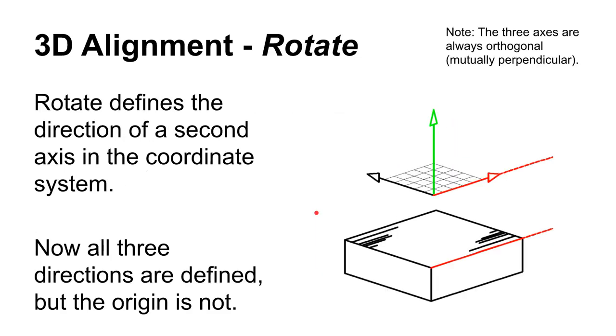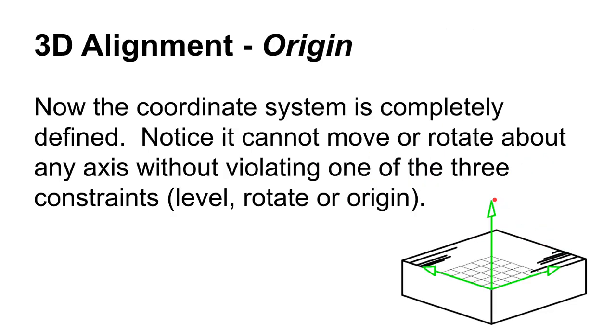It is leveled. The next thing to do is to rotate. At this point, we twist the coordinate system until it aligns with something. So we could have a planar feature here, or we could have a line feature here, and tell it to align one of the three axes, the x, the y, or the z axis, with that feature. All right, so that's the second step, is to rotate. And then the last step is to origin. That means we have to tell it physically where the origin point is.